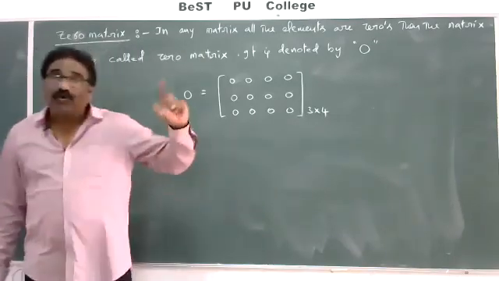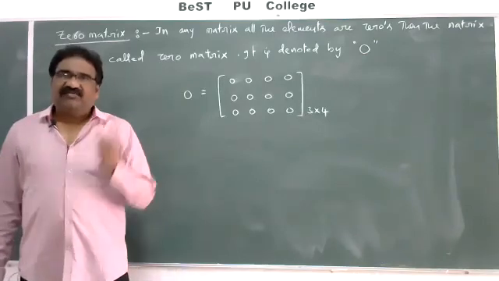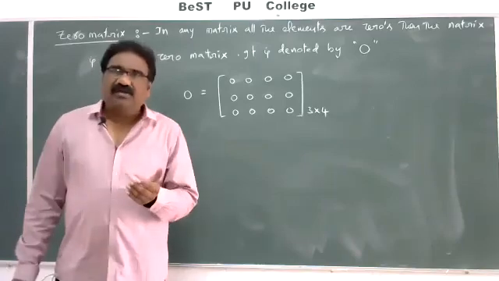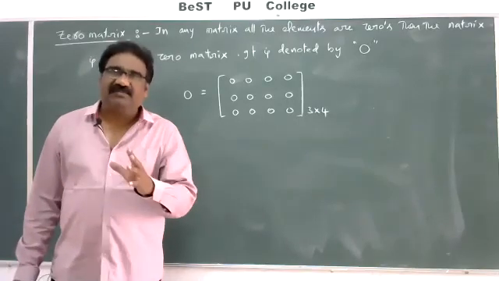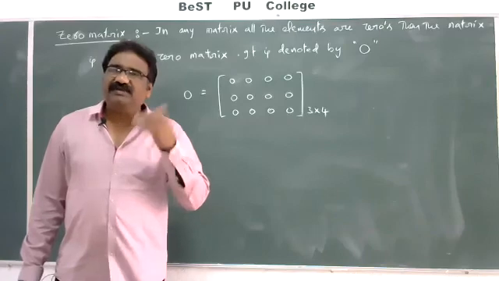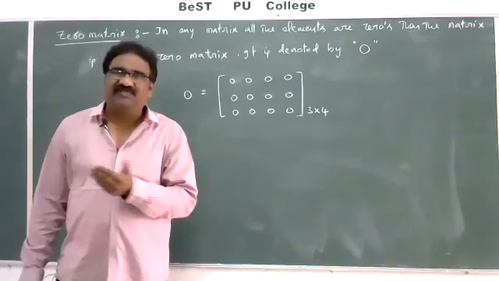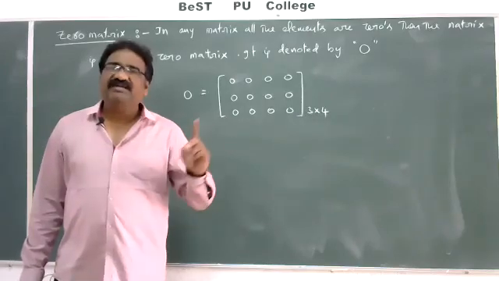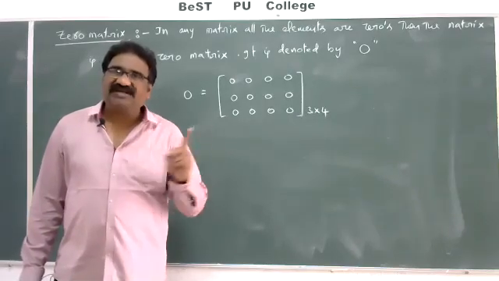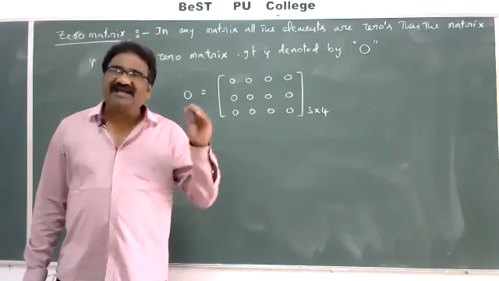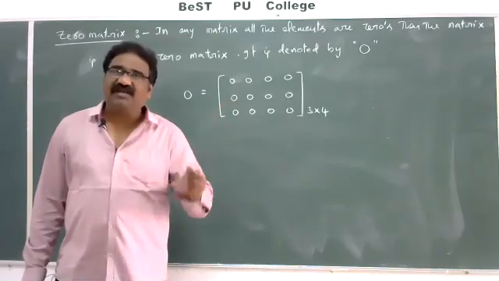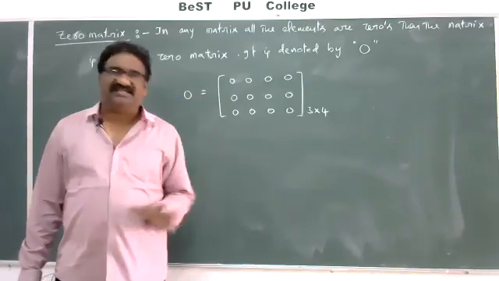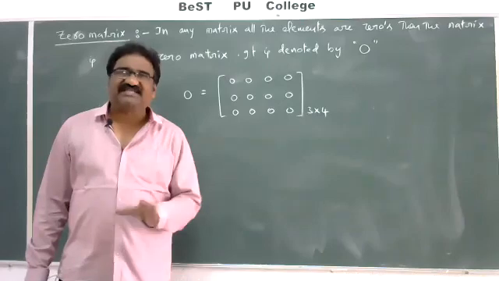Next, what is the position of the elements in the matrix? Which row and which column is the position of an element, and how do we find out the position of the elements of a matrix? And next, what is meant by types of matrices: row matrix, column matrix, square matrix, rectangular matrix, diagonal matrix, scalar matrix, identity matrix, and zero matrix? Up to this, today we discussed.